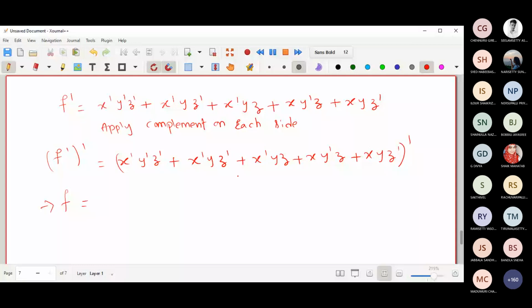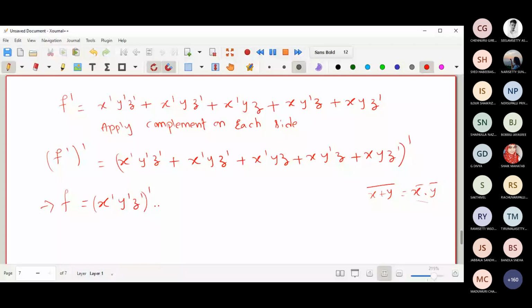Now here you have that form. What is this form? De Morgan's theorem: x plus y whole bar is nothing but x bar dot y bar. Here you have 5 terms, and those 5 terms are under the whole complement. Then you have to write it in the x bar dot y bar form. If I write that, what will happen here? x complement, y complement, z complement, whole complement,